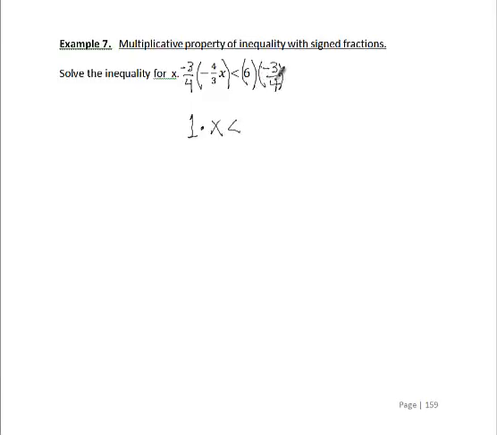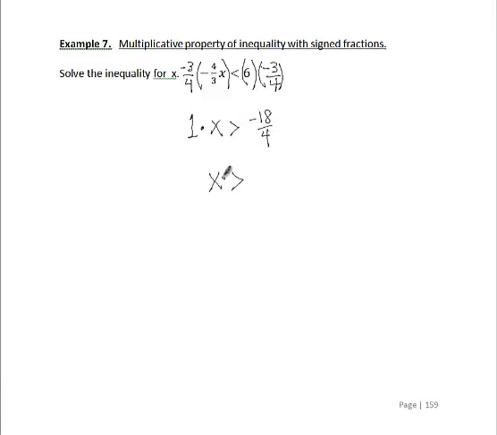On the right, 6 times a negative 3 over 4 would be a negative 18 over 4. A 1 times x on the left is simply an x. Another thing I need to do is reorient my inequality symbol, because we are dealing with multiplication, and we did multiply by a negative 3/4. So I flip the inequality symbol